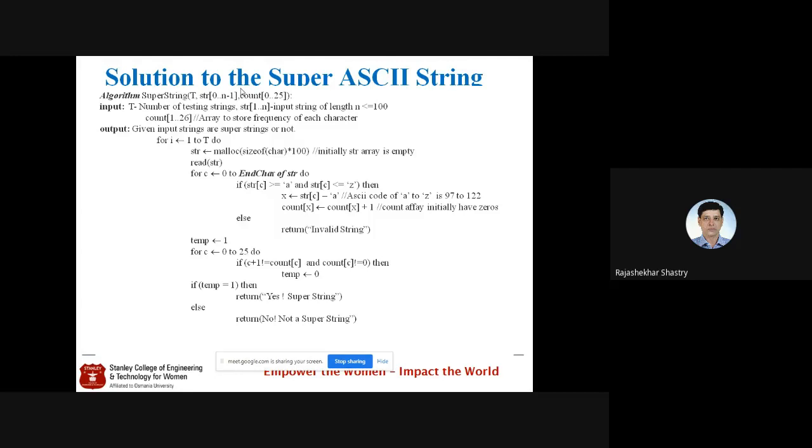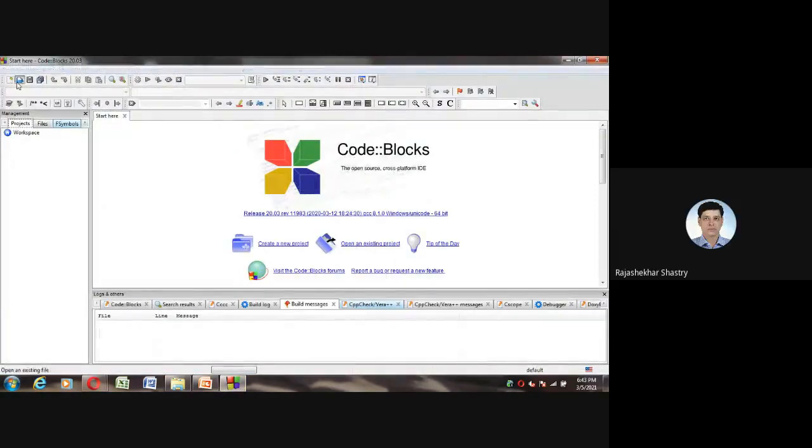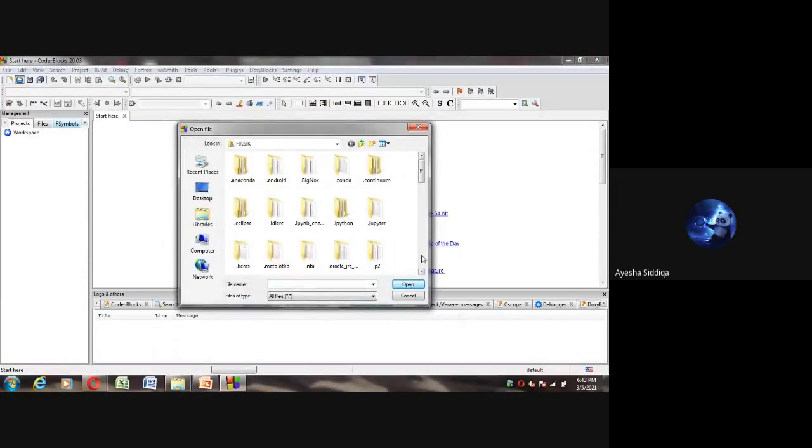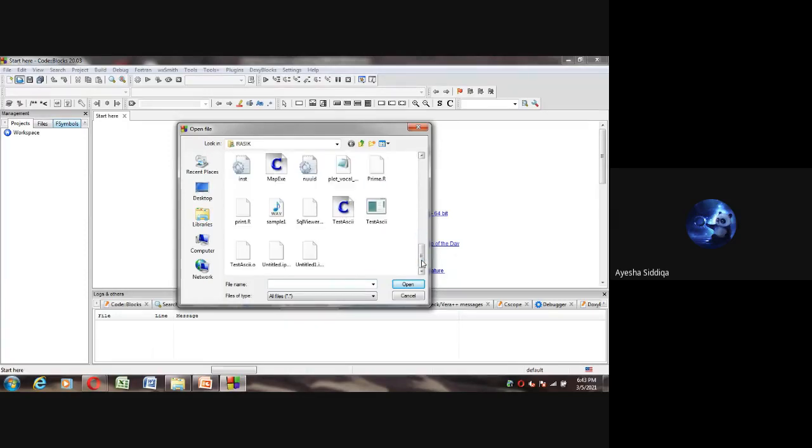Then after coming out, finally, I'll check that if temp is still holding 1, then it is a super ASCII string. Otherwise, it is not a super ASCII string. Yes, all of you, any doubt? No, sir. Okay. Chapan, if anybody is having a doubt, Chapan. Sir, you said that it will be turning from true to false if it is not correct. So won't it turn back from false to true if we get another correct?